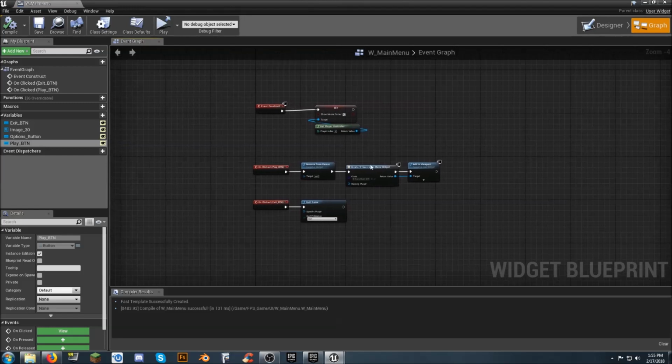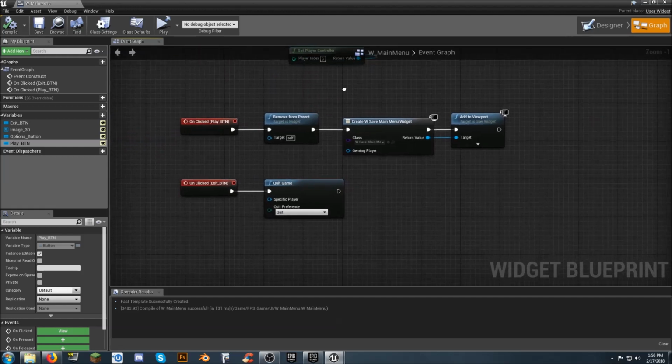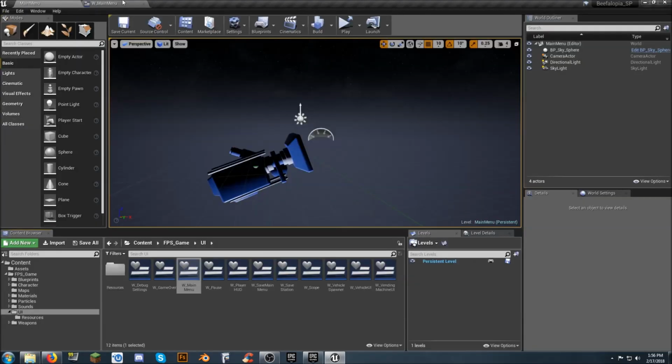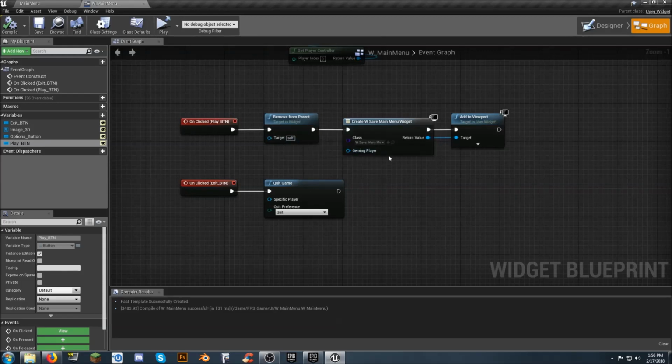Take a look at the graph. The only thing we have there is on the event construct is showing the mouse cursor. When you click the play button, it removes that from the parent and it creates a new widget, the save menu. And when you hit the exit button, okay, cool. So technically speaking, by going with the way this one's working, I'm going to drag this over to here. It's telling it to get rid of the main menu widget and create a new the save menu,